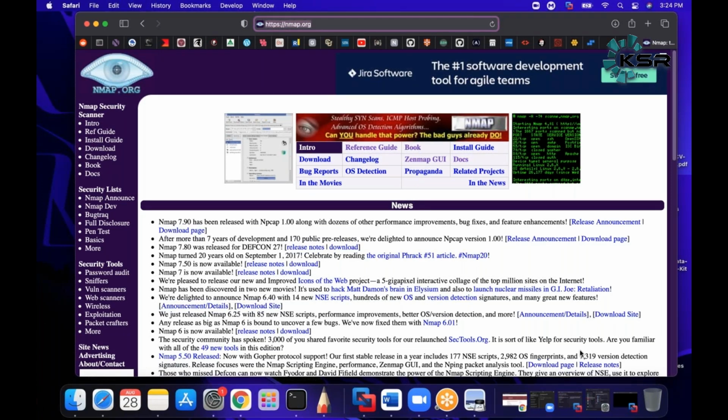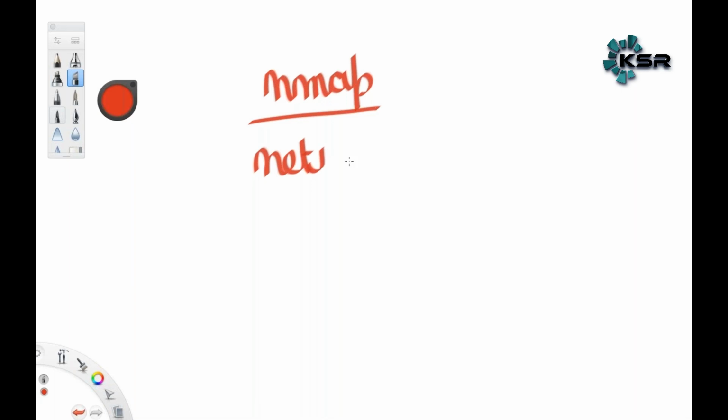But don't worry, this is just a demo. This is just me telling you what we will cover in our course. When we start, we will start from the very scratch, from the very basics of cybersecurity. So what is this? This is a tool called Nmap, short for Network Mapper.